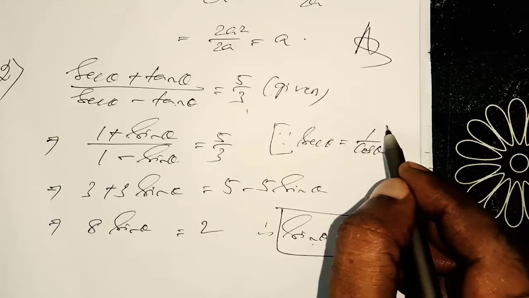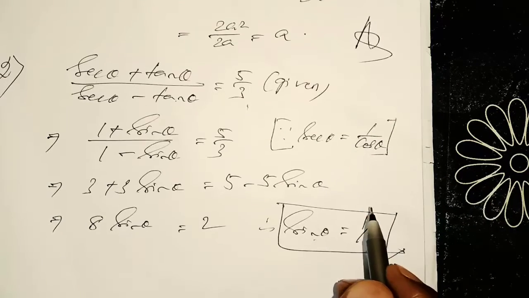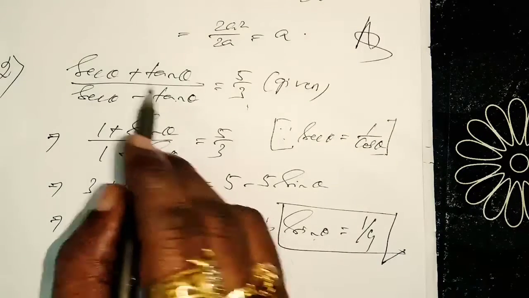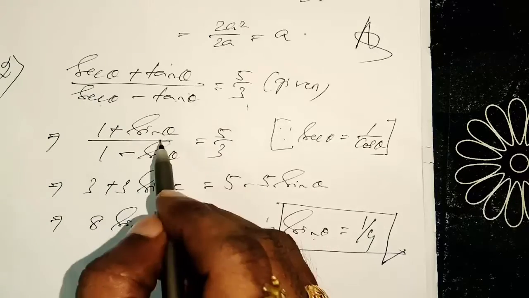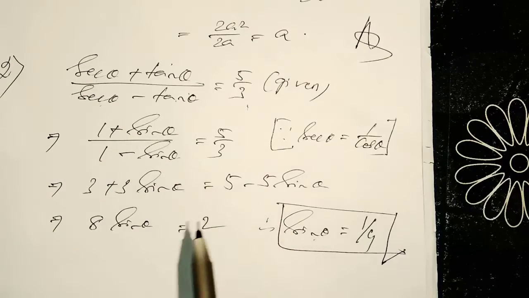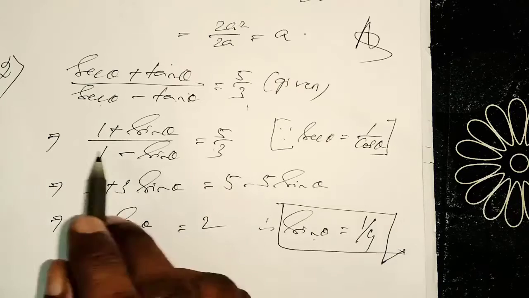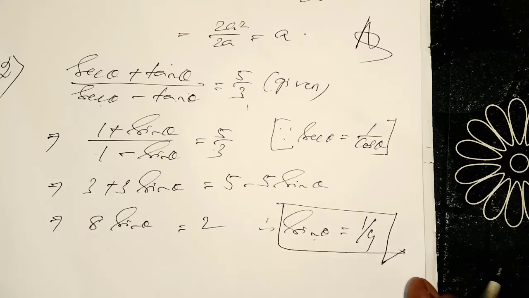as you know, and tan theta formula is what? Sin theta by cos theta. So what is the LCM? 1 plus sin theta by cos theta. Here also 1 minus sin theta by cos theta. Cos theta cancel. This is the final. Okay, after cross multiplication we are getting sin theta. Let us go to number 3 question.